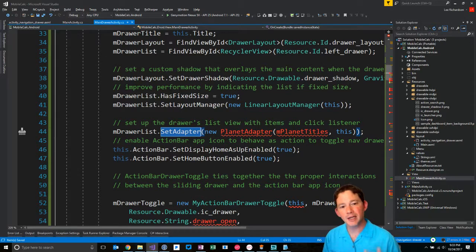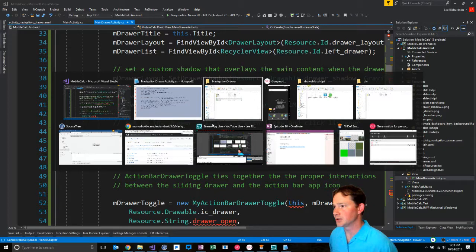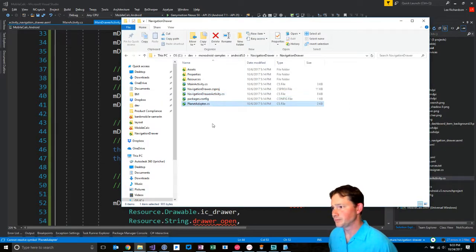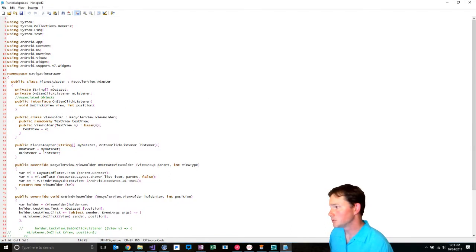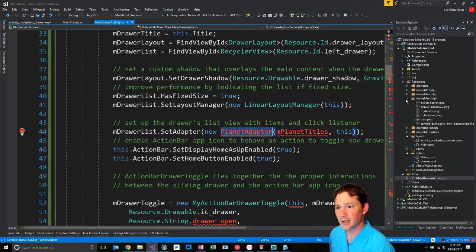There's two main adapters. There's like a text adapter, and I'm willing to bet their planet adapter inherits from RecyclerView.Adapter. I guess that makes sense. Okay, so that's what you have to inherit from. So we do need an adapter that looks a little bit like that. Let's pull that in and